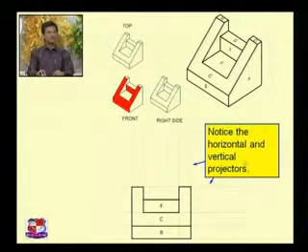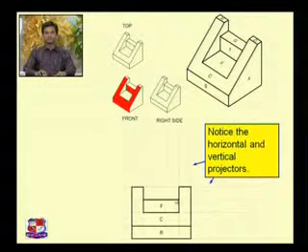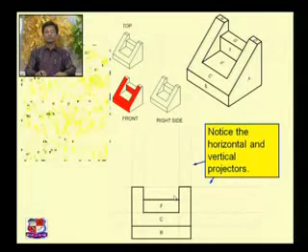Notice the horizontal and vertical projectors. Draw its front view like this. Shape B, which is a rectangle over here. So this is the rectangle face B. Face C would be seen with some other dimensions. Its width will be the same as the width in the object, but its height will differ because it is a taper face. The shape of this F portion would appear as a rectangle like this. So it will be fully visible like this. So we have drawn the front view.